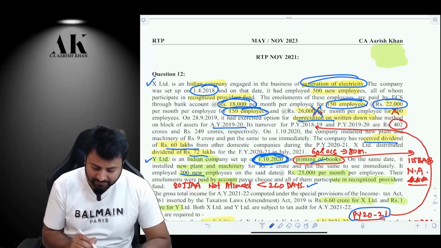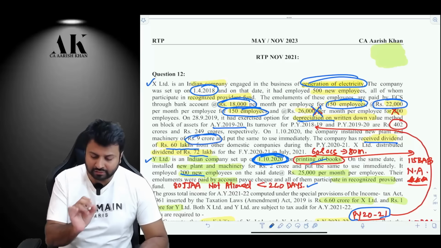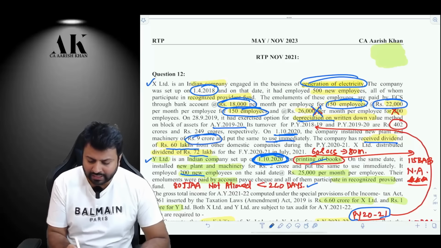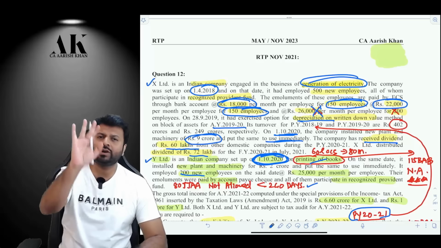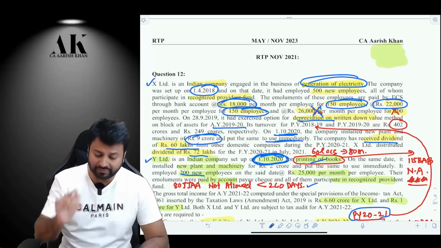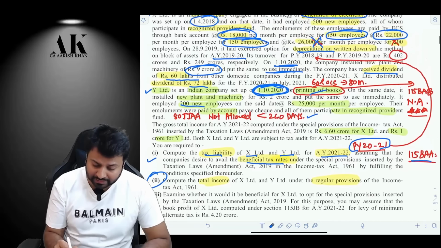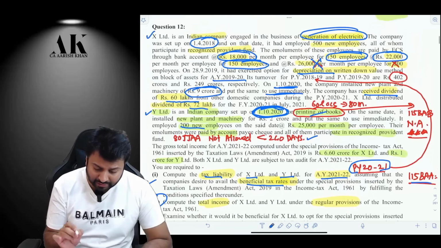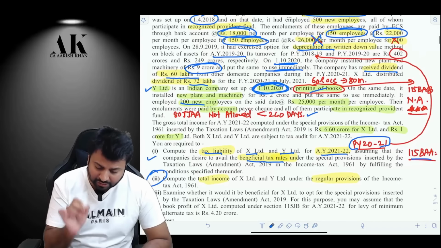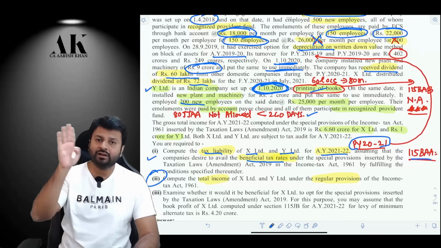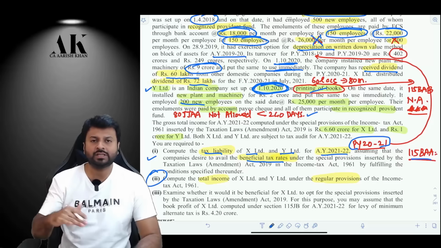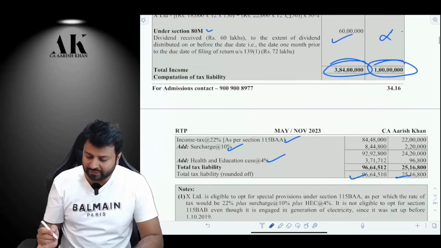Additional depreciation. Therefore, the company X has purchased new plant and machinery of 9 crore on 1st October 2020 and it has used it immediately. Therefore, it is eligible for full additional depreciation because it is used for more than 180 days. Similarly, company Y is also purchasing a plant and machinery of 2 crore rupees, which is also put to use from 1st October 2020. They are also eligible for full depreciation because both the machineries are used for more than 180 days. Therefore, 9 crore into 20% is 1 crore 80 lakhs, and 2 crore into 20% will come to 40 lakhs. Therefore, you will get this deduction.